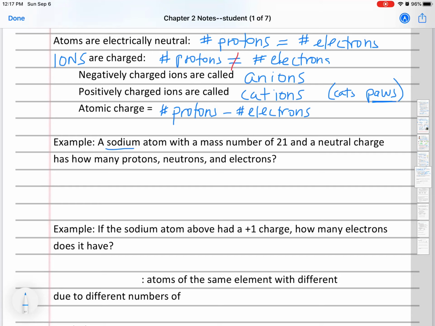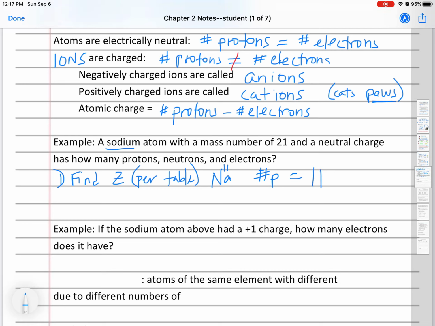All right, so we know that it's sodium. The first thing we should do is find sodium. We need to find the number of protons. We need to find Z on the periodic table. So we look on our periodic table for sodium. Sodium is Na. That's because it was originally named in Latin as natrium, and then we changed it at some point. So we kept the symbol, but we changed the name. Okay, we found it on our periodic table. It is number 11, and so that means the Z, or the number of protons, is 11.